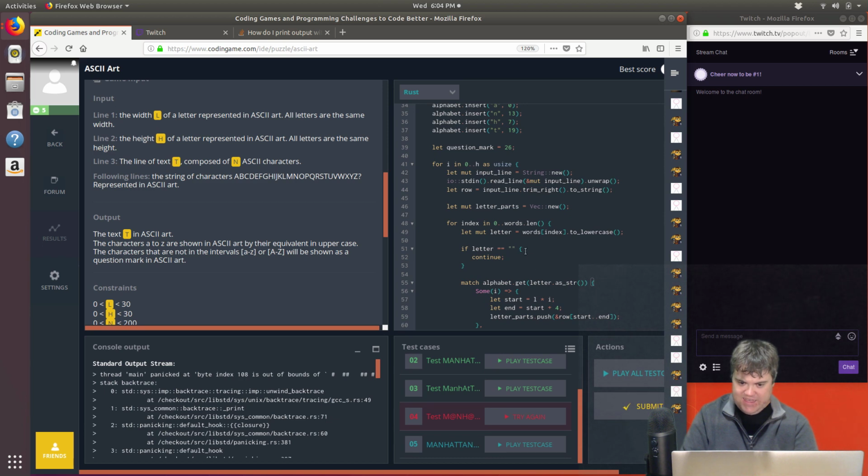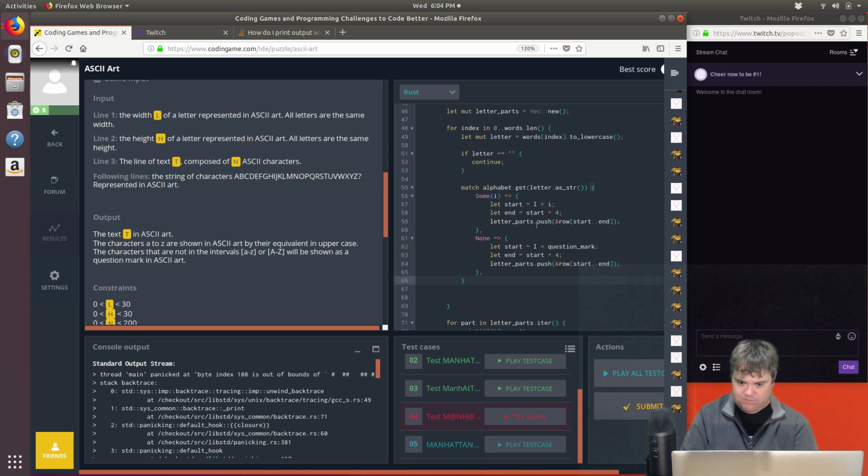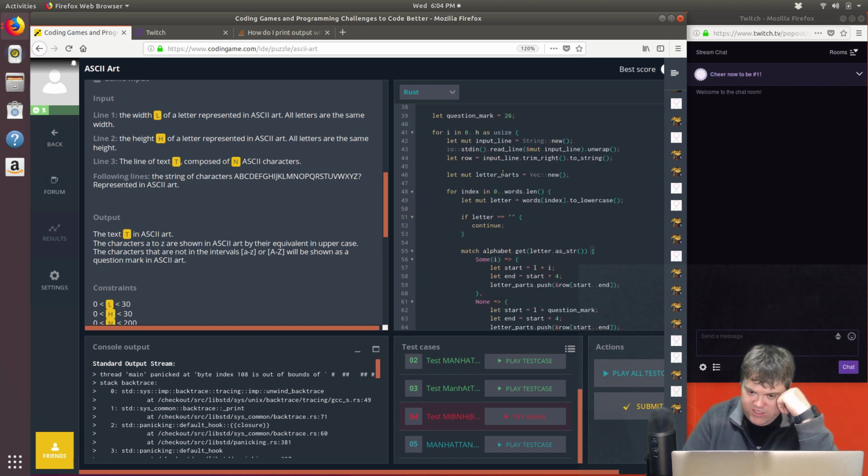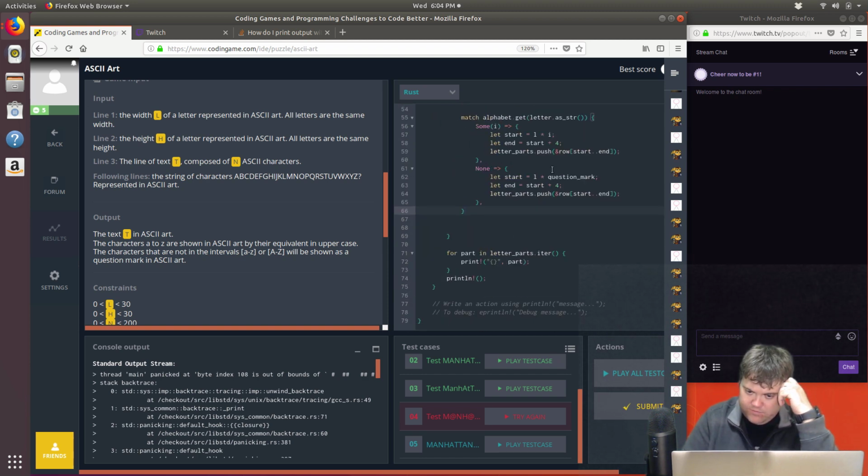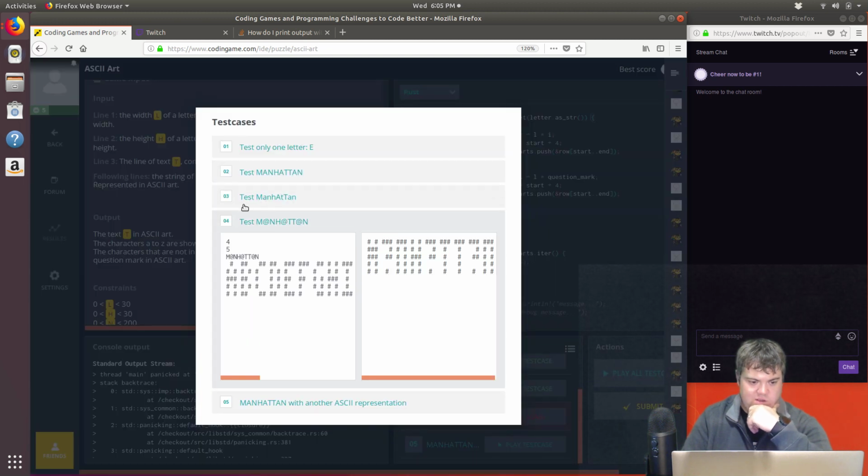And it is the L, right? So starting with the L times, so that's the length of the letter times question mark, which is 26. Then the end is start through 4. Letter parts is that. So in this one we have 4. 4 is this. So 4 times 26 is